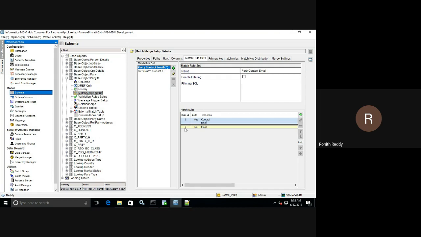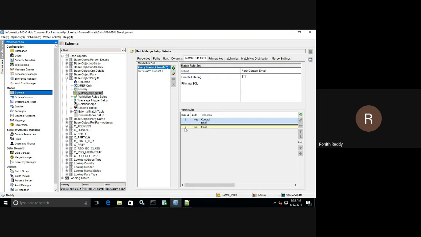Then they will ask what columns you used. In the party table, we will have date of birth column, contact column, email column, SSN number column, which could be the last four numbers or the full SSN number, and name column,